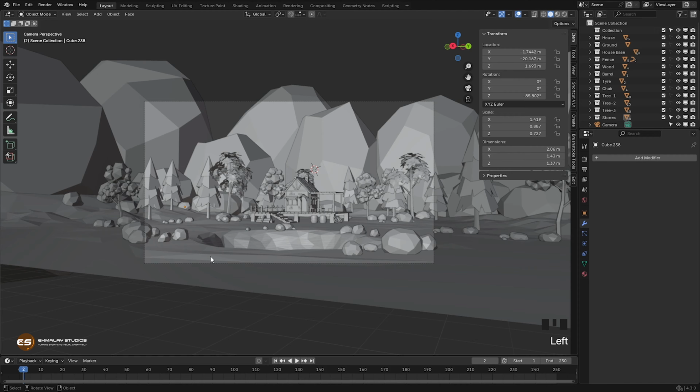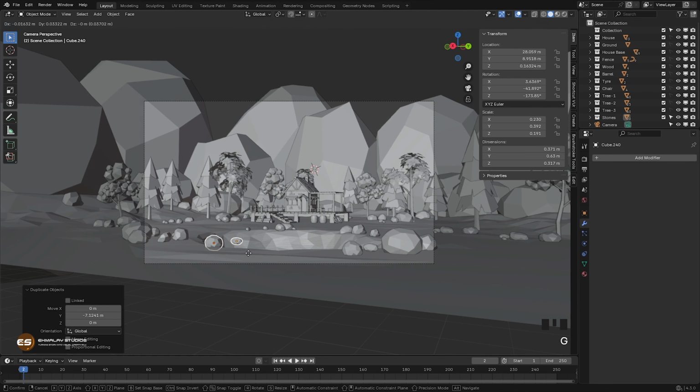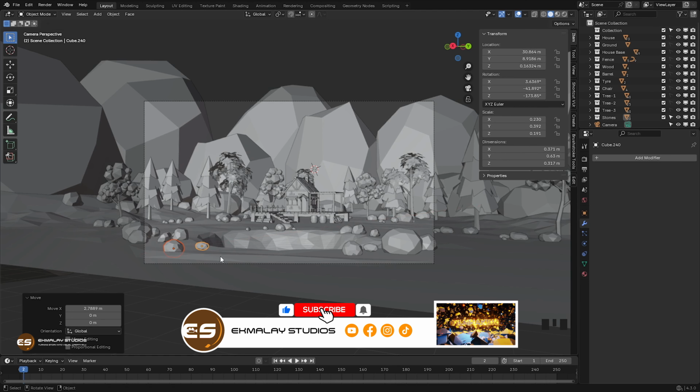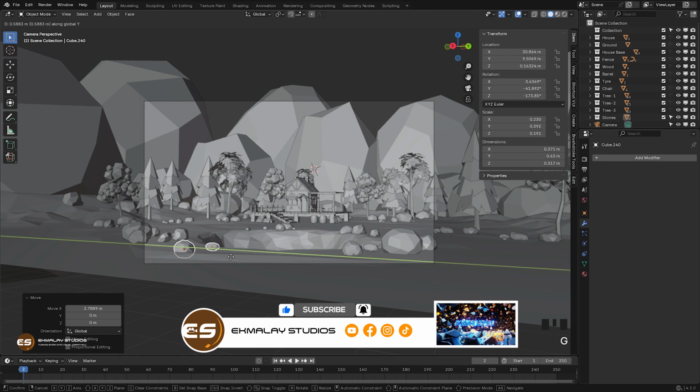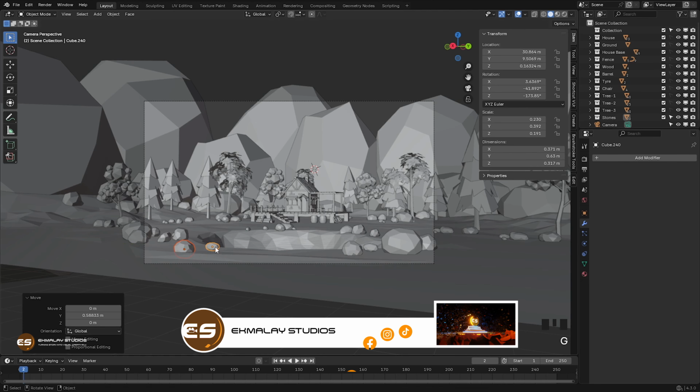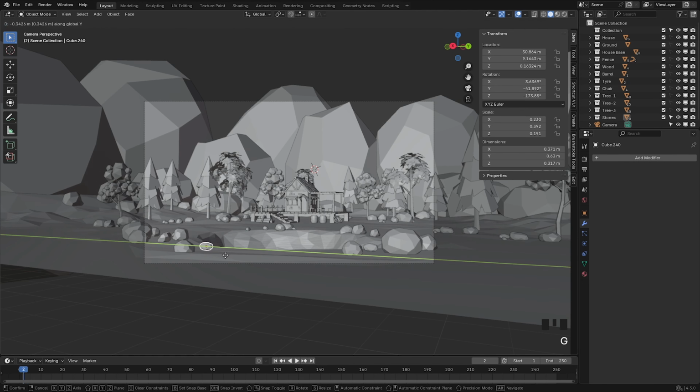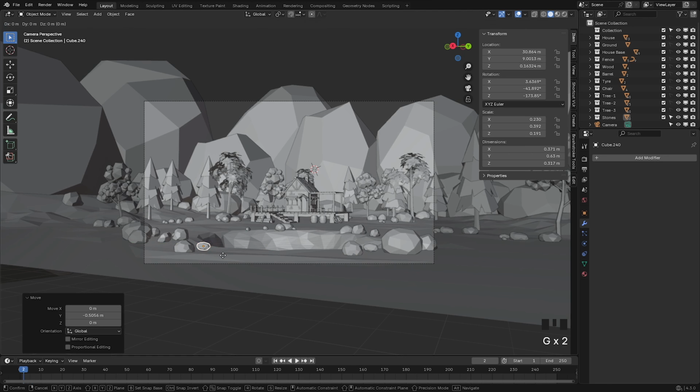So I'm gonna add this. Let's add 2 more stones here. Shift D. This is the thing, whenever you're working with your scene, you just find out I should do a little bit more and more. So that's why it's good to spend a little bit of time on your scene and making it the way you like. Okay,